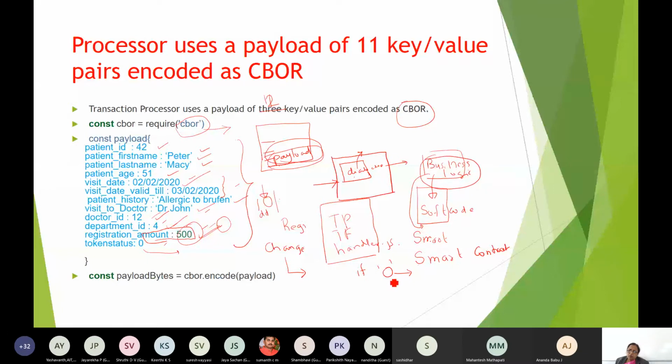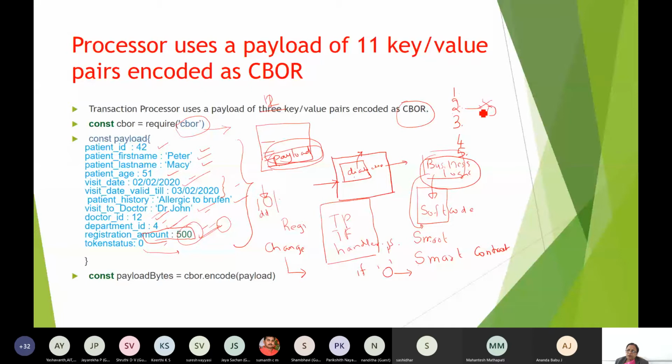Okay, then if the token status is 0, you should write very clearly what are the transaction execution rules, you know? Transaction execution rules when you are designing. So one of the rules you can put is you can check the status. If it is 0 means not registered.